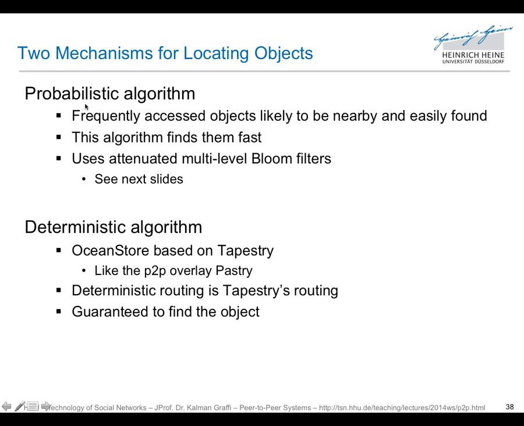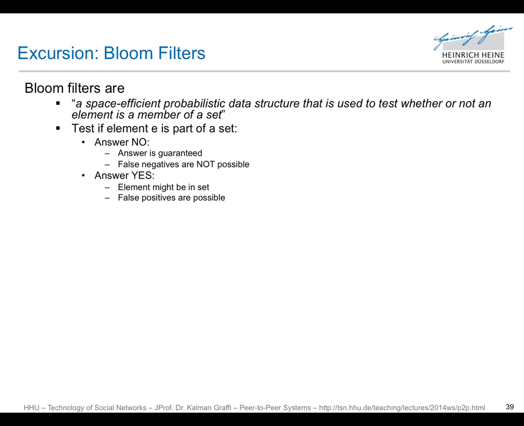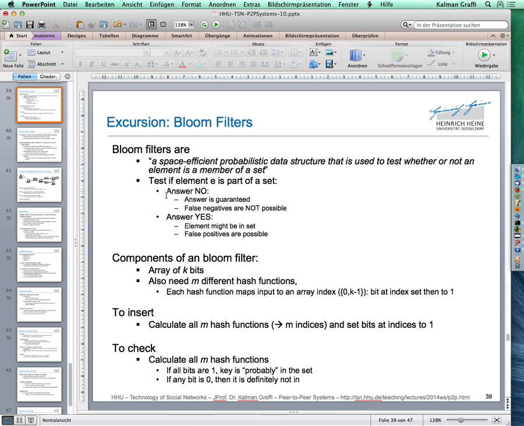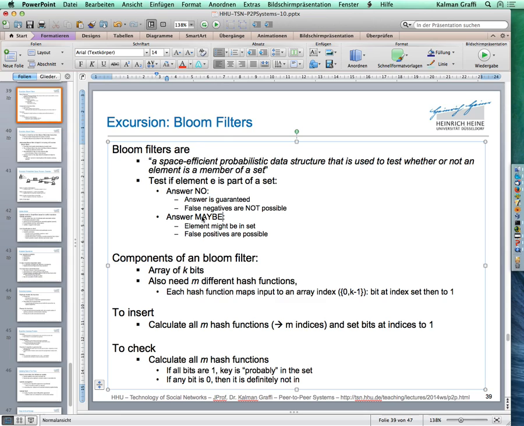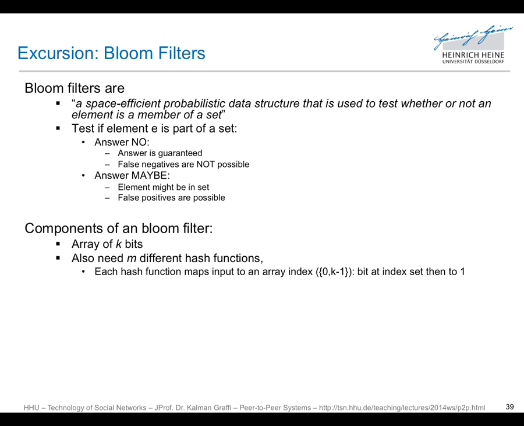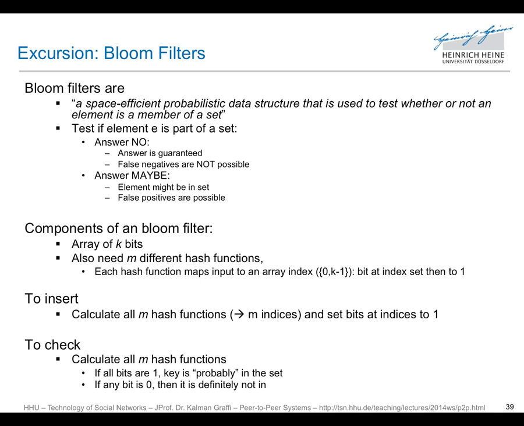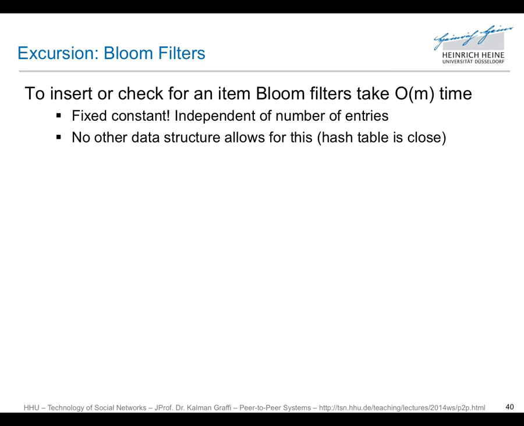So this probabilistic one is more like a caching. You spread the data a little bit around you and you give a little bit more hints where people might find it. And to talk about the multi-level Bloom filters, this is a very brief summary again of Bloom filters. What it can do is give the answer either no or maybe. And we had this concept of an array of k bits and then hash functions. I will not go into detail for this, but